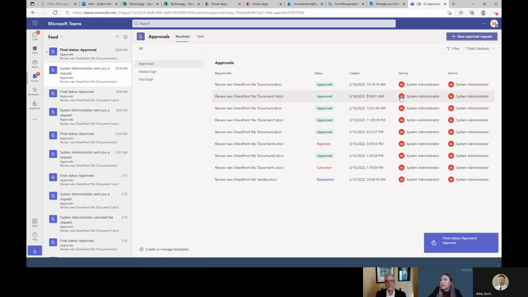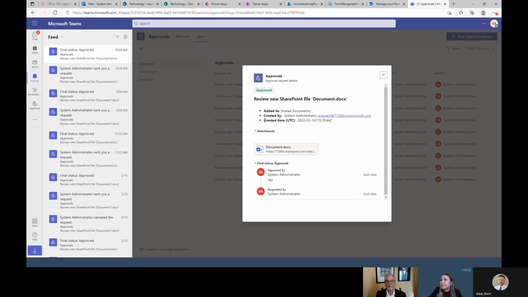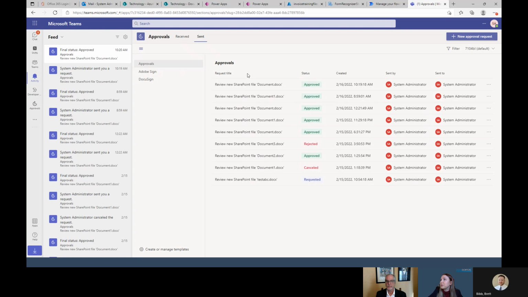And then it kicks that response back to the Power Automate workflow and then continues it out. So here now you can see I have another notification from the requester side saying that it is approved and the different times and who is associated with it. And then part of this built-in template also has a chat bot